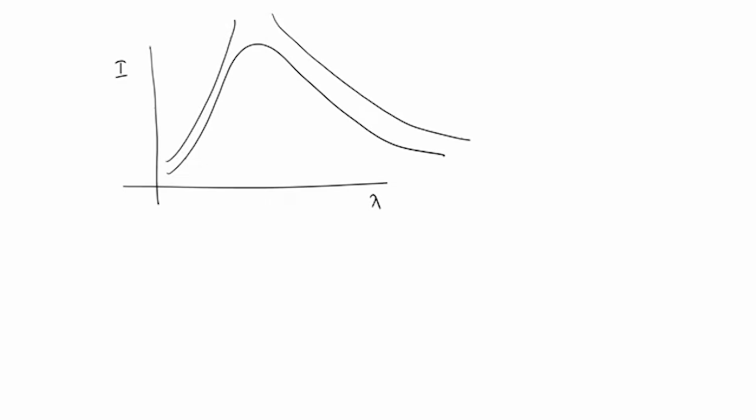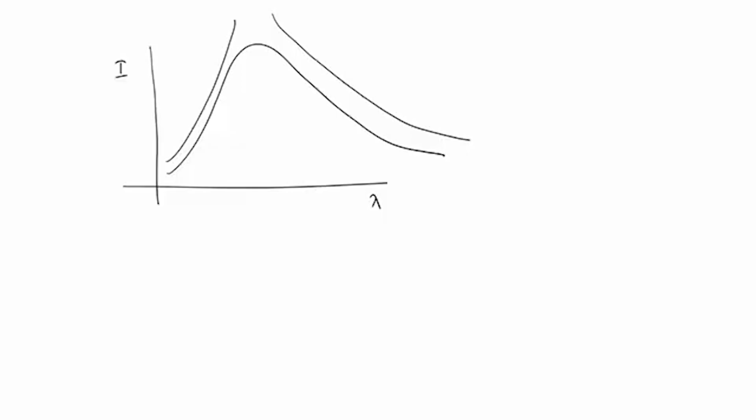So, there are two monotonic functions, one we call Wien's law, the other is called the Rayleigh-Jeans law, and these two actually nicely explain either the lower lambda region or the higher lambda region, but none of them actually have an upturn and going down. And so, what we are talking about is that you take a metal and you heat it up,